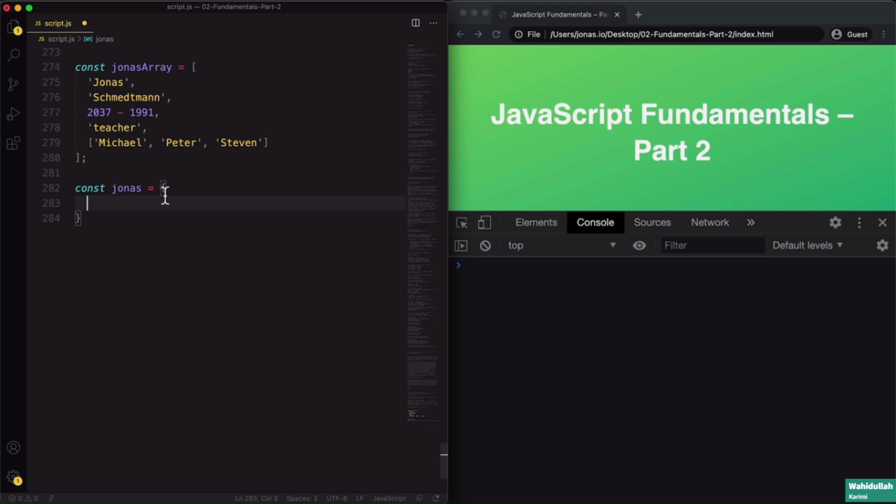So the key is basically the variable name. So let's say first name, then a colon, and then the value. And the value can be of any type that we want here. Then to define another key value pair, we just separate them with commas, just like in the array. So last name, and then colon, remember,